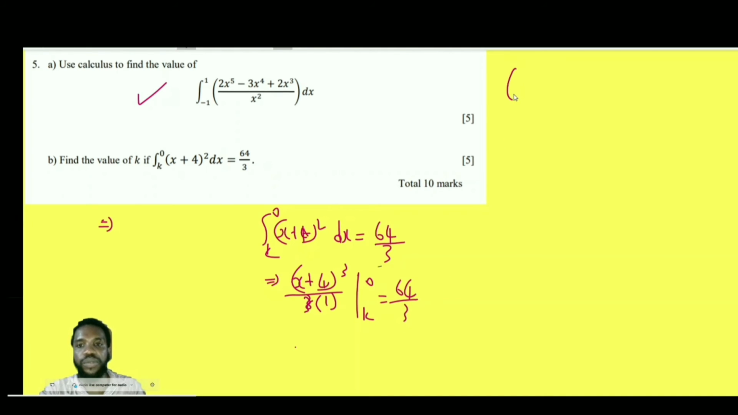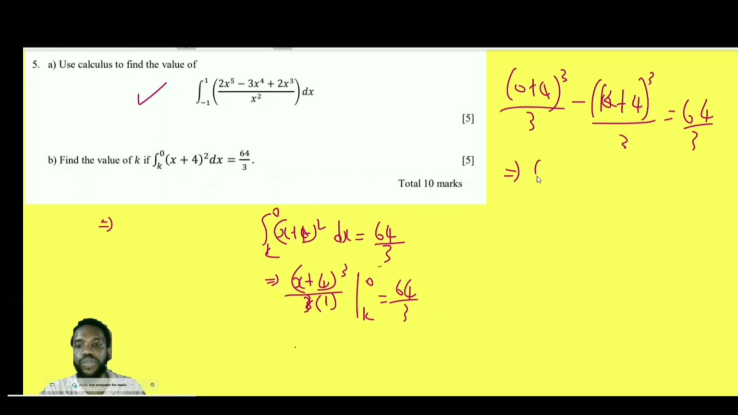So we're going to plug in the upper boundary now, which is 0. So I'm going to have 0 plus 4 to the third power over 3, minus, put in the lower boundary. This is going to be k plus 4 to the third power over 3 is equal to 64/3. Now, because all the functions are over 3, I can ignore the denominator. So I'm going to have 4 cubed, which is 64, minus k plus 4 cubed is equal to 64. Taking over the k plus 4 and taking over the 64, I have 64 minus 64. This goes over as a positive, equal to k plus 4